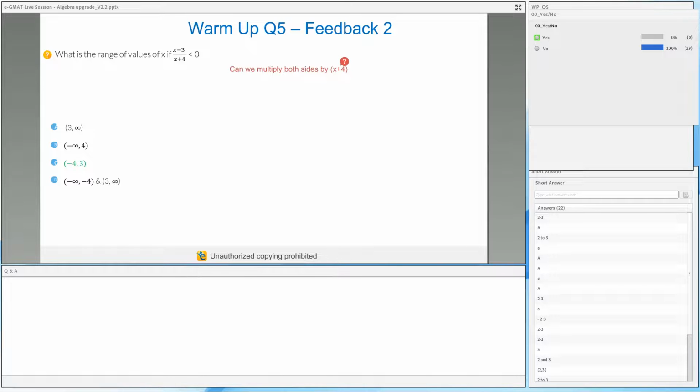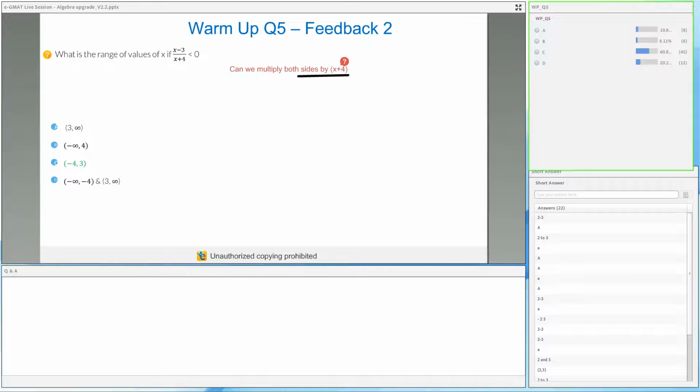Since you don't know the exact value of x, you shouldn't multiply both sides if you don't know the sign of the term you're multiplying with. That's the really important takeaway that you need to keep in mind. So please write it down if you're not aware of it. We will not multiply with x plus 4 on both sides. However, since